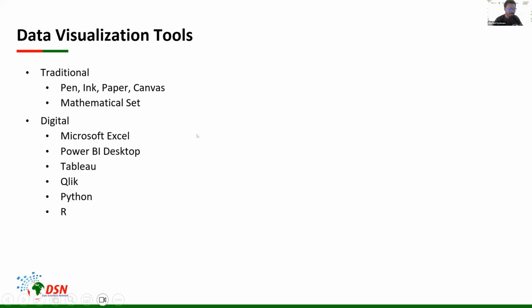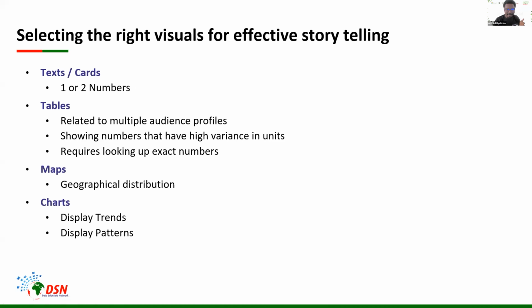All right, so now to the key part of the presentation. How do we select the right visuals for effective storytelling? Now, first, we have to decide on the type of visual that we want to use. If you remember, I think I mentioned that visuals can be anything in as much as the communication is coming from what you see. It is not coming from what you hear. That is audio, and that is auditory. Visuals have to do with our eyes. So there can be different categories of visuals that we have, and we need to know exactly what type is good for which situation, right?